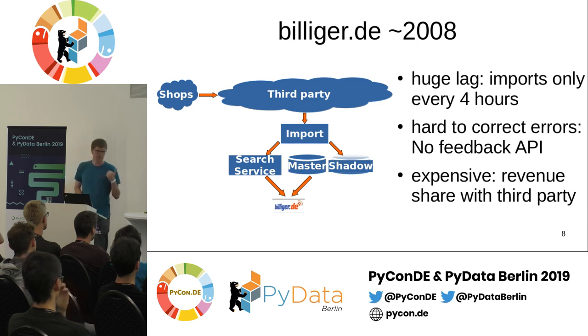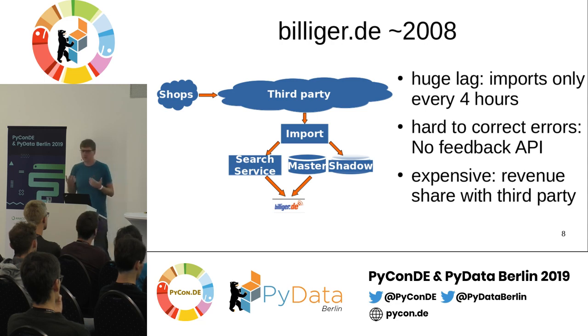And this had problems. One thing is there was a huge lag. Imports only took place every 4 hours. And if a shop updates the price, and we're a price comparison website, then 4 hours plus maybe some lag in the download before makes the shop unhappy because they want to say, hey, the cheapest now, where is it on your site? Then when the third party made some errors in the categorization or in the product creation,